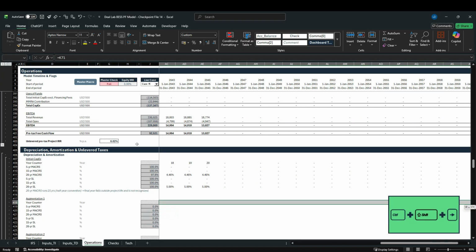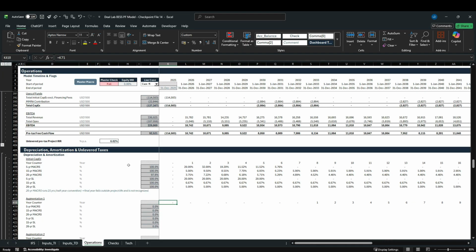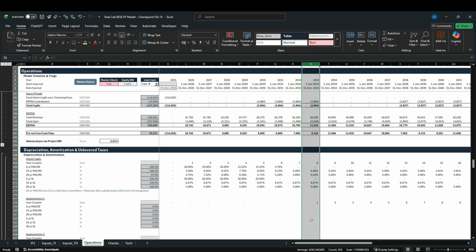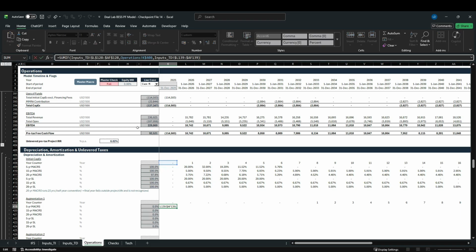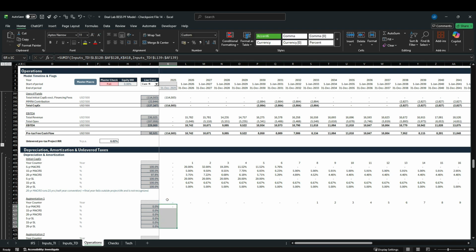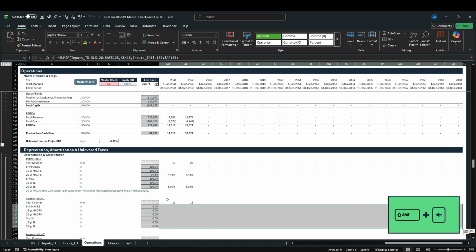drag this over, Control R, and this essentially starts kicking in once the augmentation has occurred, which means from then onwards we want to reset our depreciation time series and pull in the actual time series values once the augmentation has occurred. So let's see if we can simply pick up this formula up here, hit Control C and Control V, F2, and the reference to our inputs time dependent sheet should be right. The only thing we'll have to do is drag this reference down here, hit Control D, drag it out all over, Control R,